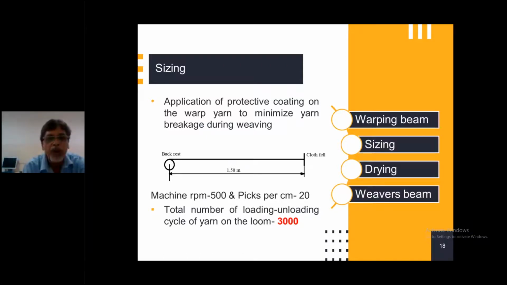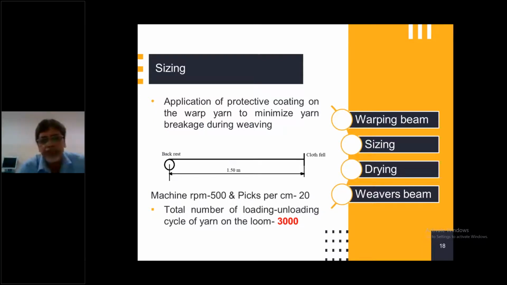And that's the reason why we go for a protective coating on the yarn, because in one of our experiments at NITJ, we have seen that if you take a raw yarn and try to run it on a weaving machine, that raw yarn cannot withstand even 400 to 500 loading and unloading cycles